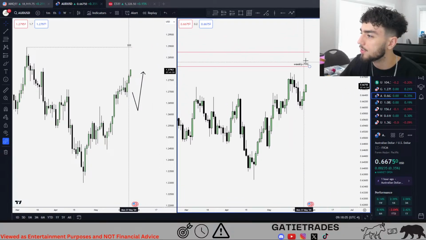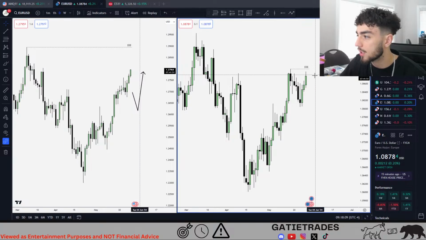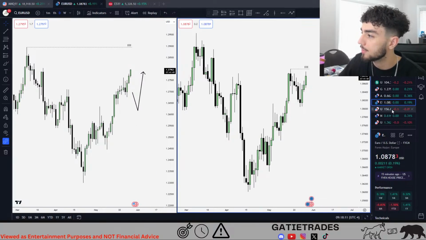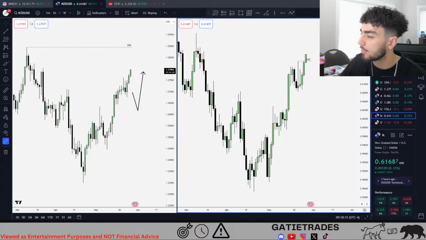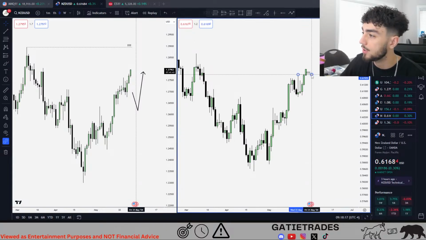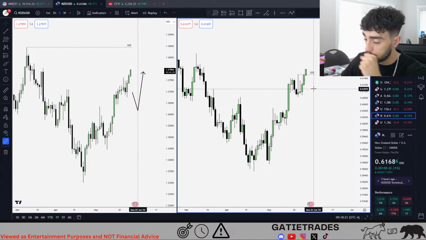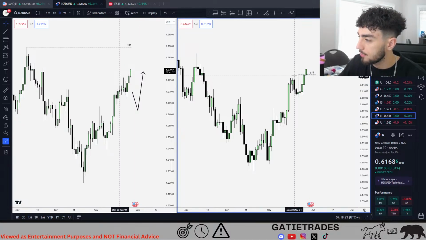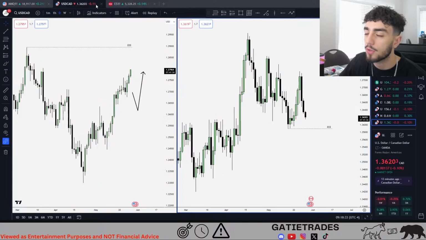Australian dollar, yeah, weekly FVG looks like the objective. Euro, looks like the high's gonna get taken out like we expected as well. Yen is pretty consolidated. New Zealand dollar actually took the high that we wanted it to take. And lower on the Canadian dollar as well, same as the dollar index. So that's forex for now.